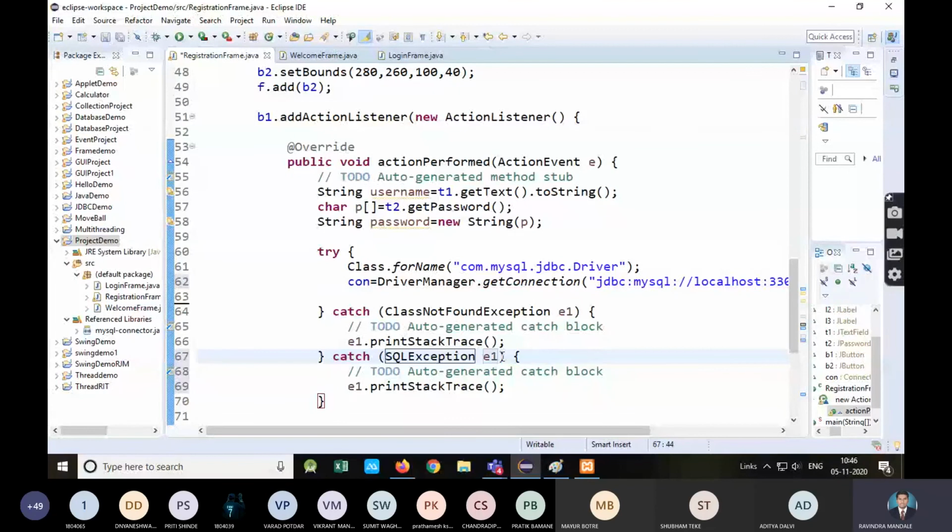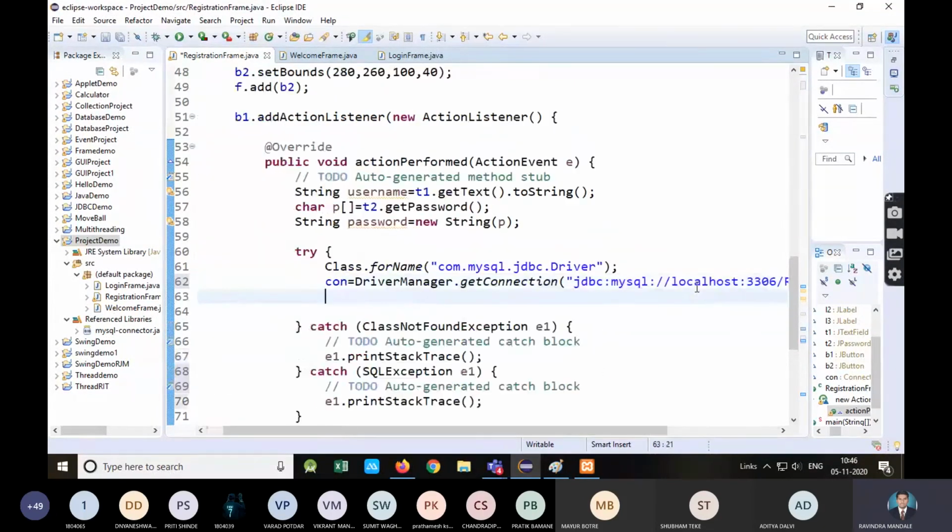You can also have these two exceptions in the same catch by using logical OR, but that is not recommended because for different exceptions you should get different explanations. That's why I'm adding multiple catch blocks. But if you don't want multiple catches, you can use logical OR and add SQLException e2 like that. That is also okay, but it is better to have a separate catch.